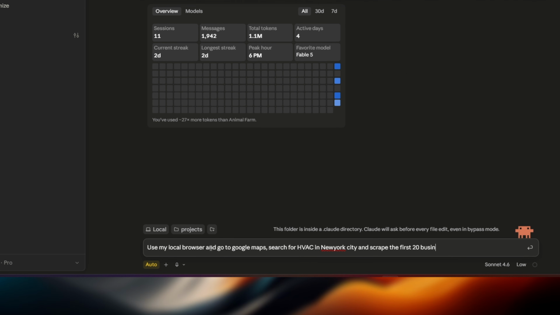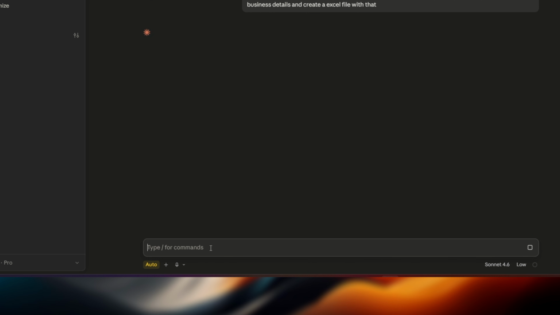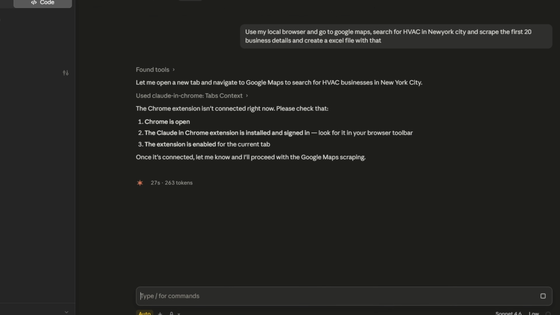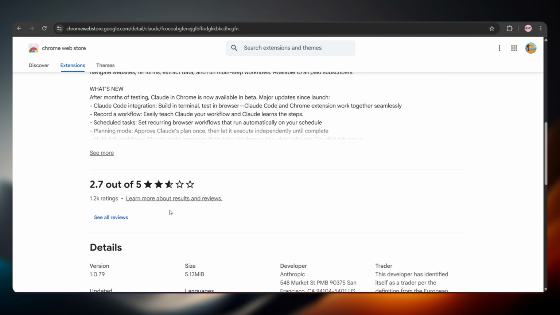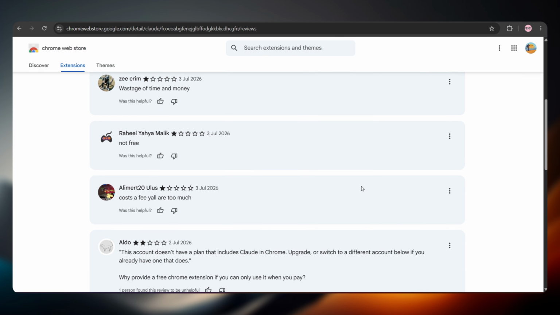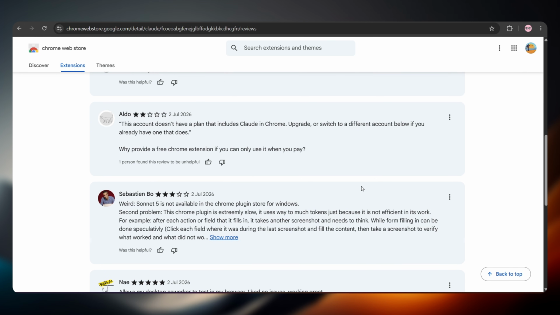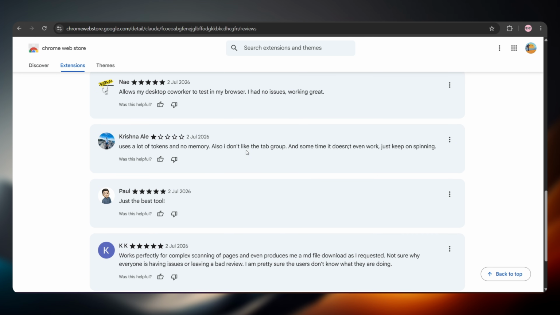Okay, so I was trying to pull leads from Google Maps using my local browser through my Claude AI agent. It asked me to install the Claude Chrome extension. But here's the problem. If you check the reviews for the Claude Chrome extension, you will find a lot of negative feedback. People are saying it uses a huge number of tokens, it's very slow, and overall the experience isn't